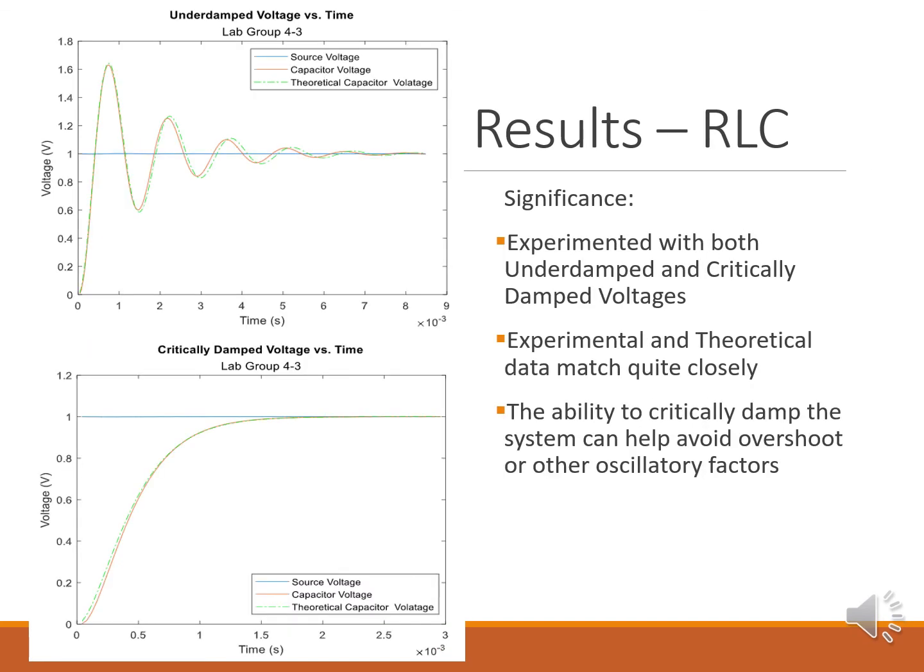The second half of this experiment used two different pieces, one with underdamped roots and one with critically damped roots. For both of these, our experimental data matched our theoretical data quite closely, as can be seen from the plots. But this information, we were able to use it in the lab report to determine the different factors that can help the system avoid overshoot and other oscillatory behavior, as in the case with the critically damped